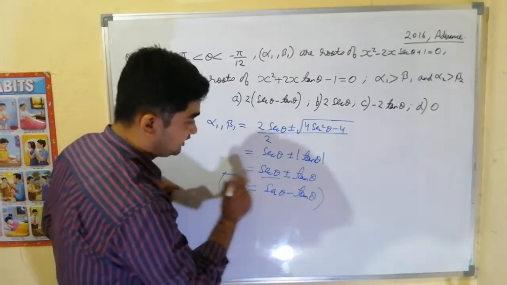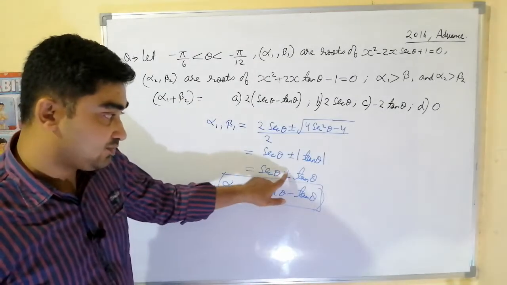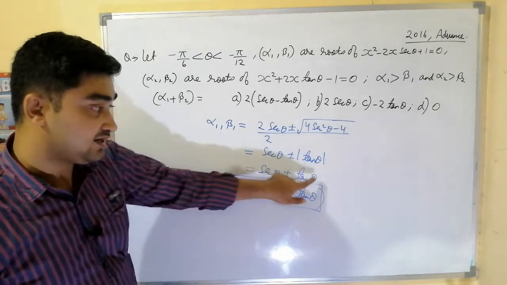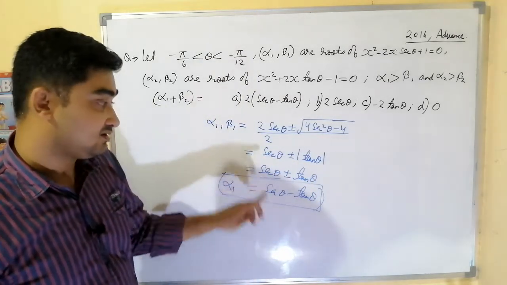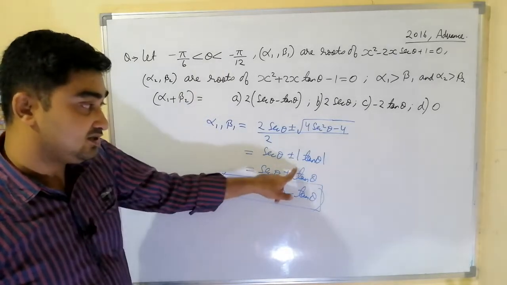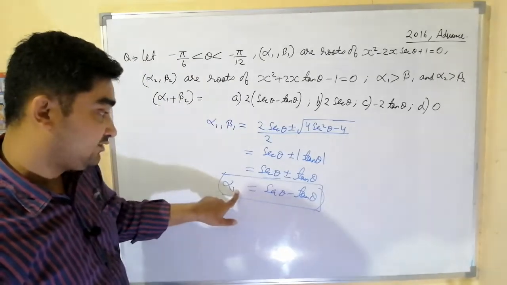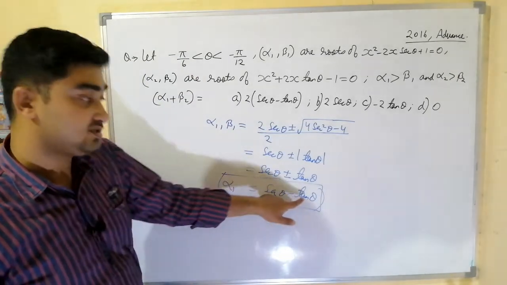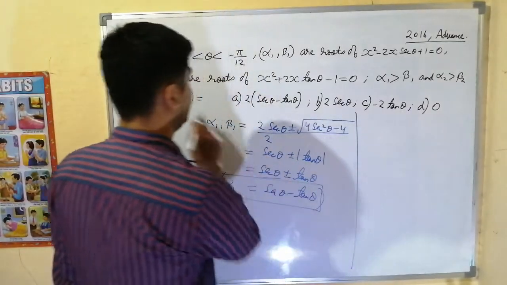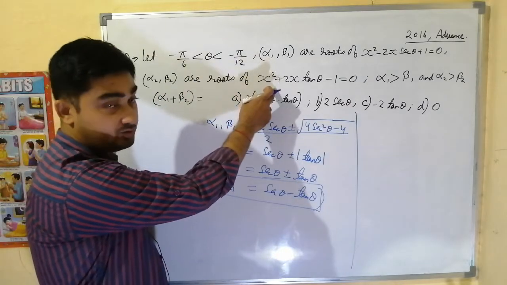So this we have to understand in this problem. There are two roots, secant theta plus tan theta and secant theta minus tan theta. But secant theta plus tan theta will be lesser and secant theta minus tan theta will be greater. Why? Because tan theta is negative in the fourth quadrant. So alpha 1 is the bigger one, which is secant theta minus tan theta. Now similarly, we have to find what beta 2 is. Again, alpha 2 and beta 2 are the roots of another quadratic equation.